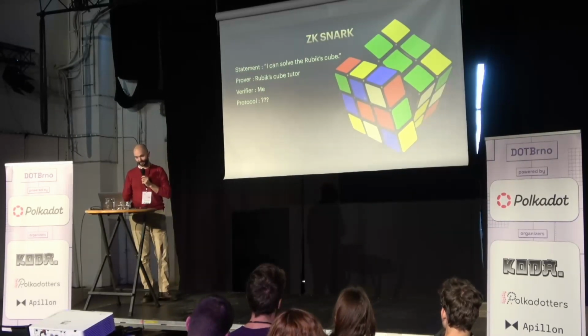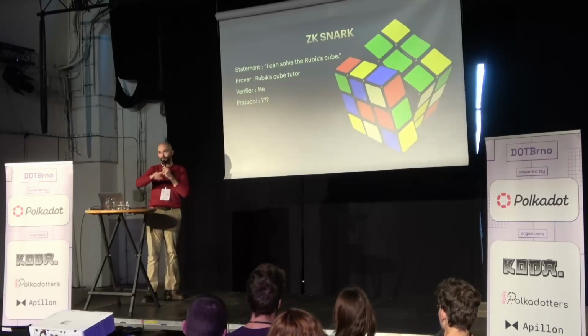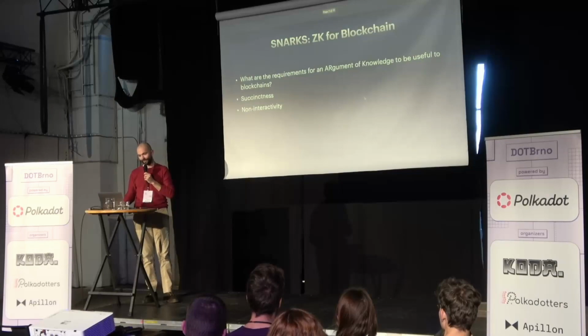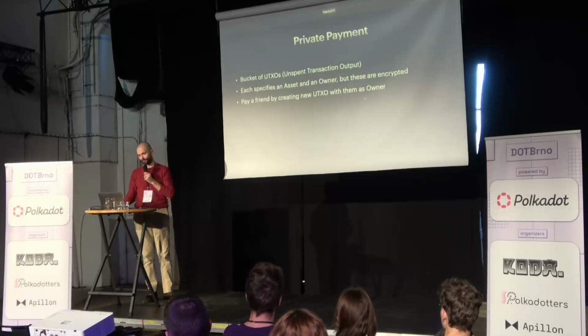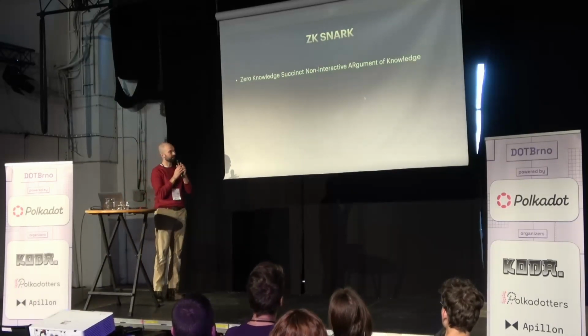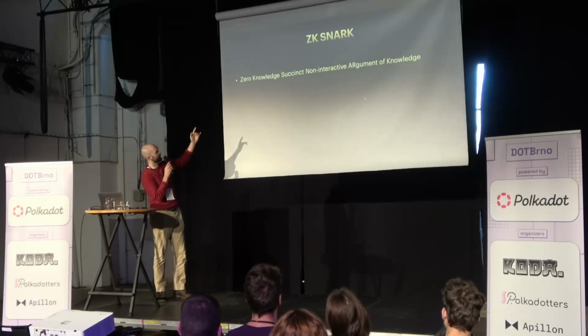Accept if they do, reject if they don't, right? And that's it. If you follow that, then that's a zero-knowledge proof protocol now, right? It's not a very useful one. It only actually works for this one statement, I can solve the Rubik's Cube, but it works really well for that statement. And it illustrates some of what we needed to explain about this definition, right? So I'll just go back through this quickly. Now that we kind of have an example in mind, I think we'll understand it better.